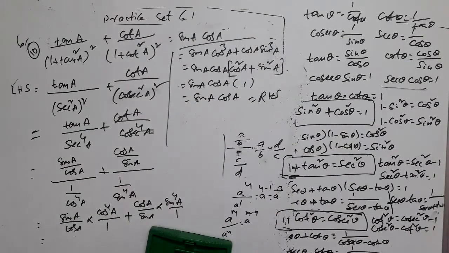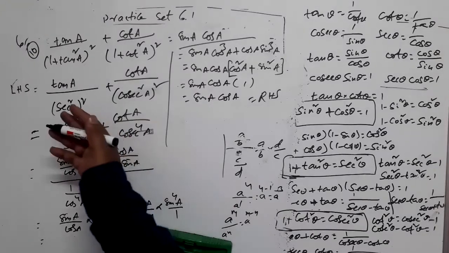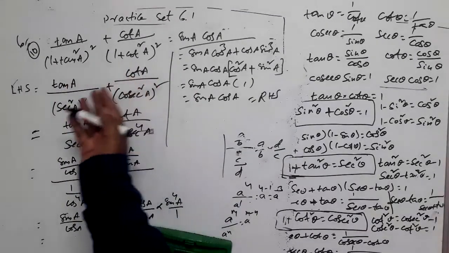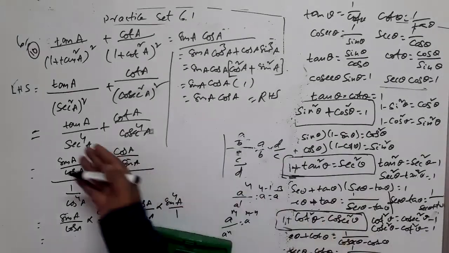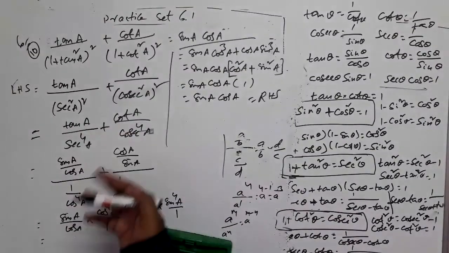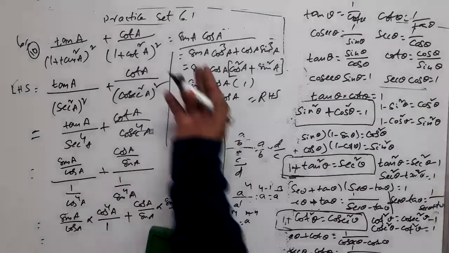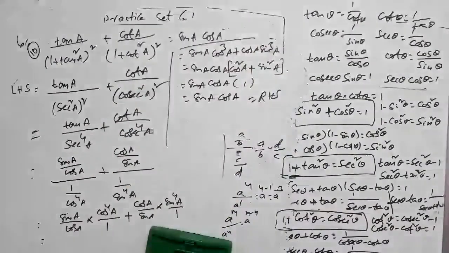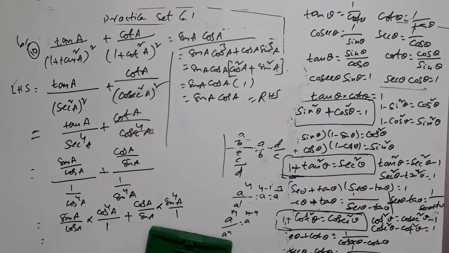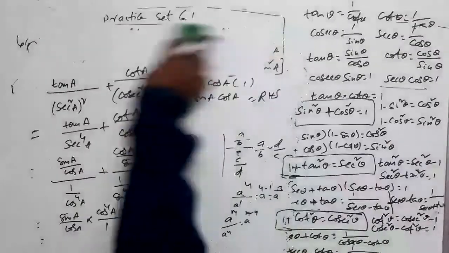So in this question, what have you done? You have observed that the left hand side part contains 1 plus tan square, 1 plus cot square. So from second identity and third identity, you have replaced them by secant square and cosecant square, and you have written all the terms involved in terms of sine and cos and simplified further. You have got the right hand side part. That's all. This is question number 10. Let us move to the next question.